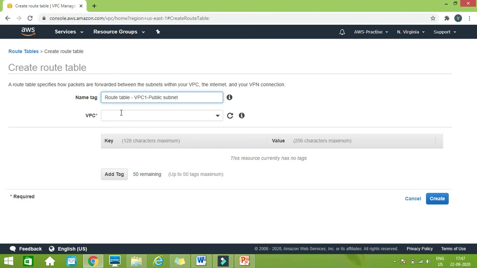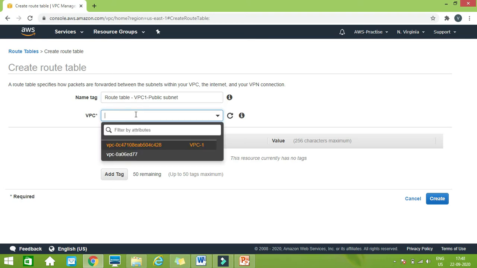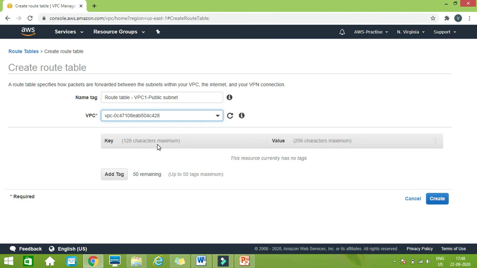Now we have given the name to this routing table, and then we have to specify which VPC it is in. The route table basically specifies how the packets will be forwarded between the subnets within your VPC, the internet, and your VPN connections. So moving to the next.